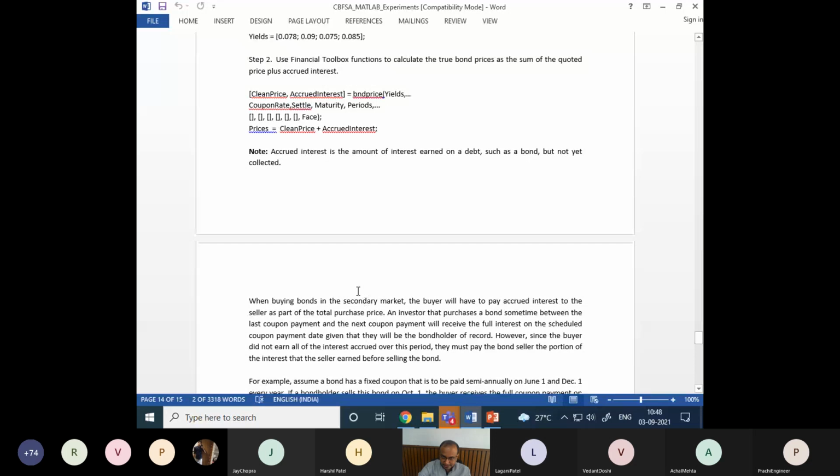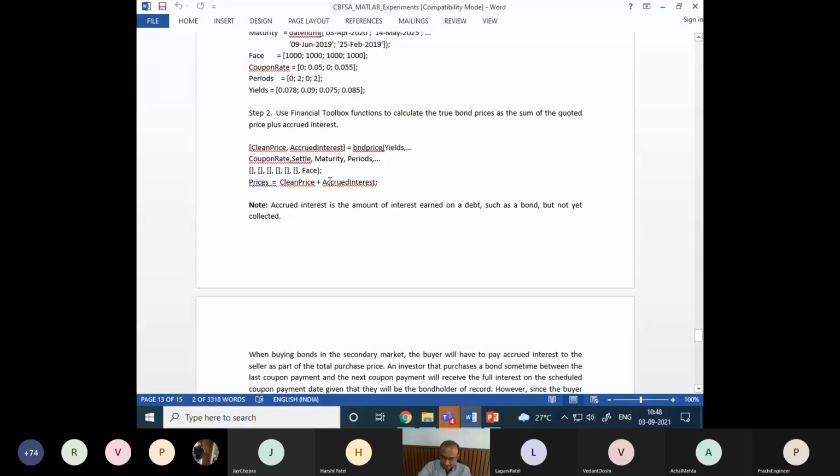So we need to know two things, the clean price and the accrued interest. And if I add these two terms, I get the present bond price. So if I am selling, I will get a little bit higher price because this accrued interest is included in the actual bond price in the market. So when you sell this, you get the accrued interest, and the buyer will have to pay this extra because later on, when he gets the interest at the next coupon date, he gets the interest for the full period. So this extra he has paid will be recovered when he gets the next coupon.